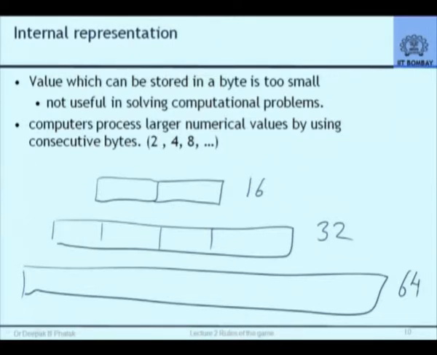Actually, as we shall see later, when we use higher level programming languages, it is possible for us to create abstractions which may even create a consecutive set of 23 bytes as 1 unit. And we can do whatever we want to do with numbers which are represented in these 23 bytes. But that will be artificially done using higher level programs. Intrinsically, the machine at the level of hardware is capable of handling numbers which are stored in either 1 byte or 2 bytes or in 4 bytes. And that is the reason why 2, 4 and 8 have specific implication.